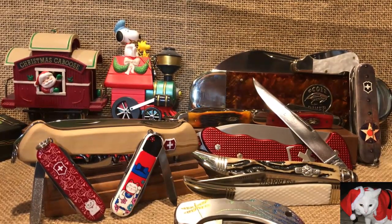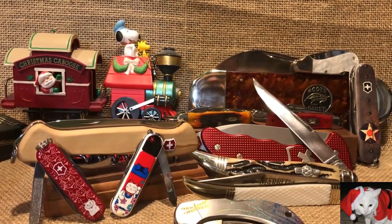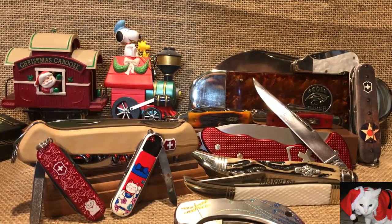And I'm still going to be out there looking for some of the quirky knives that I really like to find once in a while. I know there's not a lot of quirky knives here other than the large Sunfish and the little cub lockback, but I'm hoping to find a few more off the beaten path patterns out there. I don't know what else I'm going to be doing, but in any case, I think I've rambled on enough